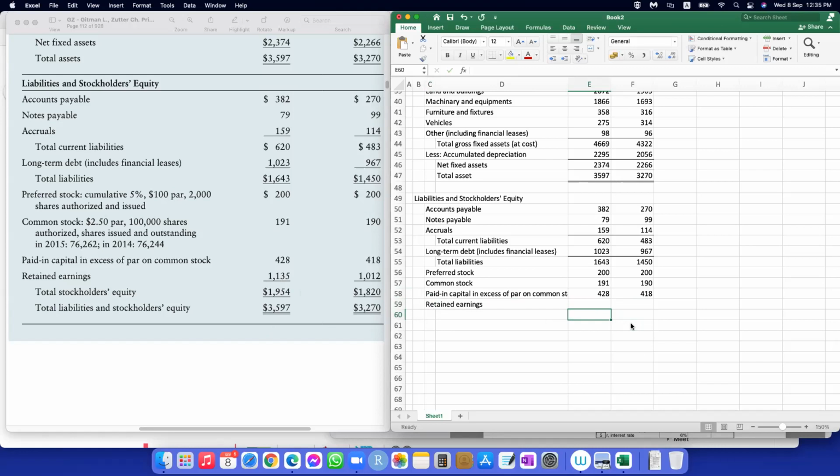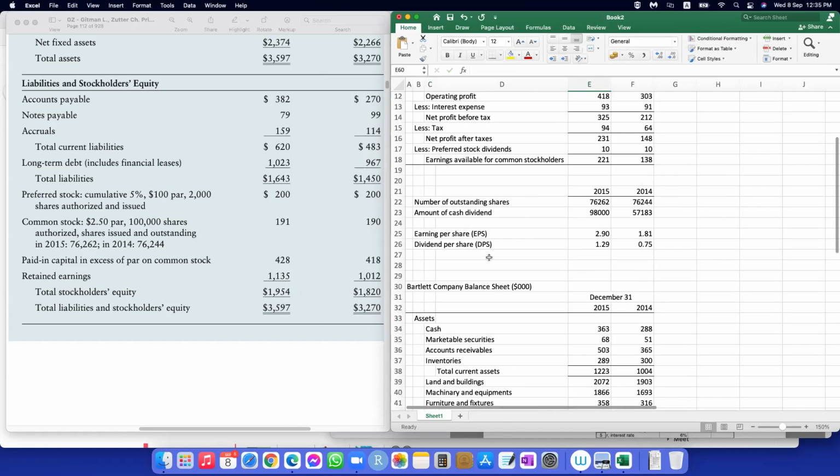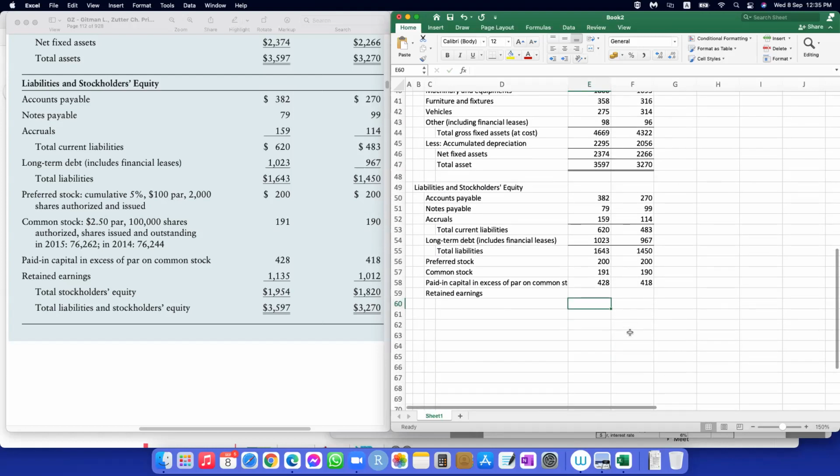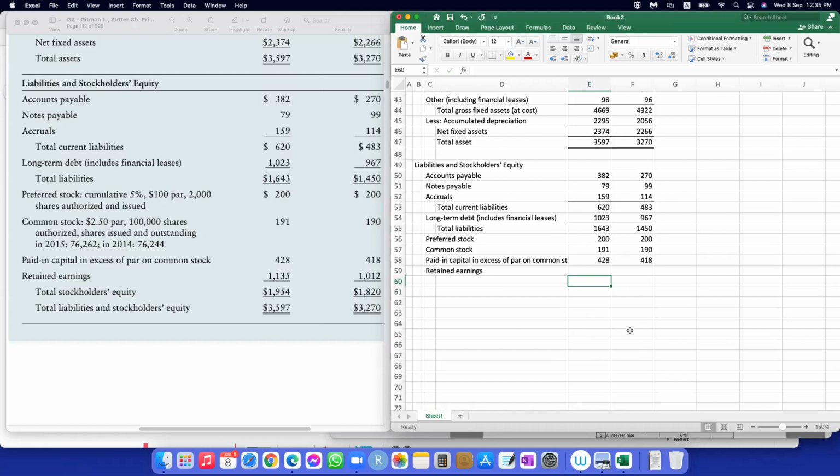Actually, you know what we have to see. If we go back to the income statement, we can see that our profit was 221 and the cash dividend paid was 98,000. So what is the difference? That difference will be added in the retained earnings. Anyway, in the last year it was 1012. So this year it is supposed to be equal to last year retained earnings plus the retained earnings of this year. Okay, plus within bracket